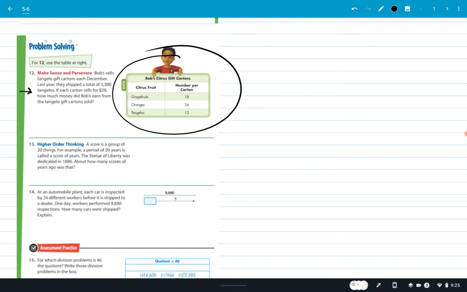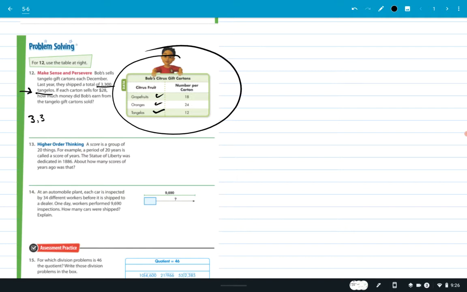Do you need to know how many grapefruits, oranges, or even Tangelos were in each carton? Not the grapefruits or oranges. They're talking about Tangelos, but think about it. They shipped a total of 3,300 Tangelos. If each carton sells for $28, how much money did Bob's earn from the Tangelo gift cartons? So yes, the Tangelos, that's some information we need. That's important. If there's 12 in each carton,